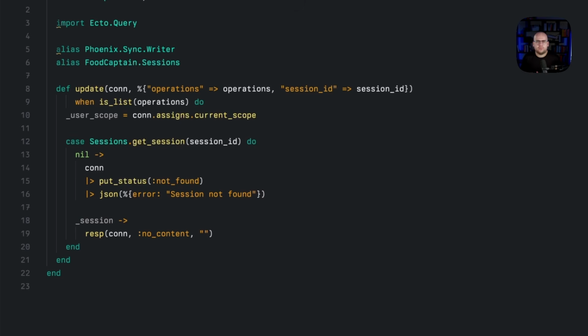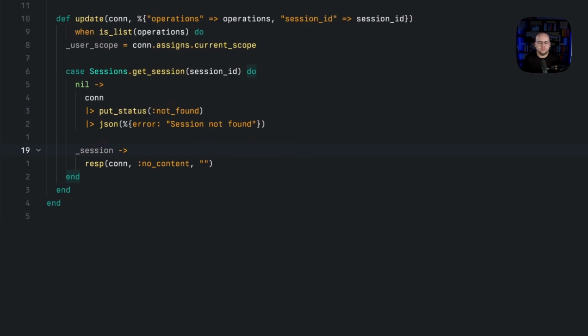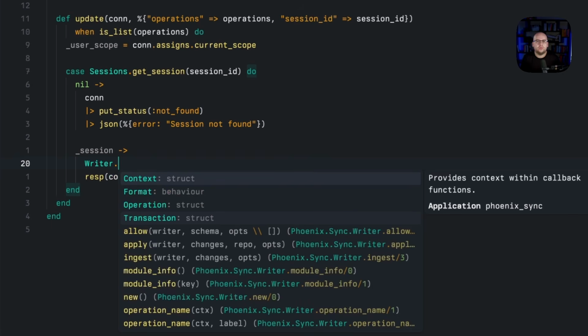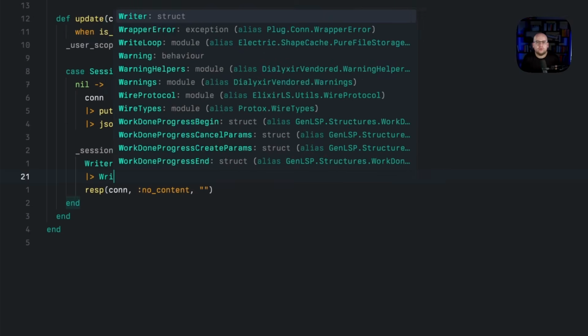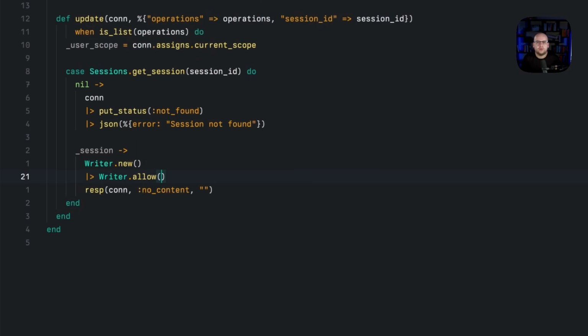Given a list of operations, a session ID, and the user scope, which we'll take a look at in a moment, we grab the session and return a 404 if the session isn't found. But the interesting part is what happens when a session is found. So what we're going to do is create a new writer and then pipe that writer, that is, pass that response type as the first argument of the next function, into writer.allow, and we want to allow writes to